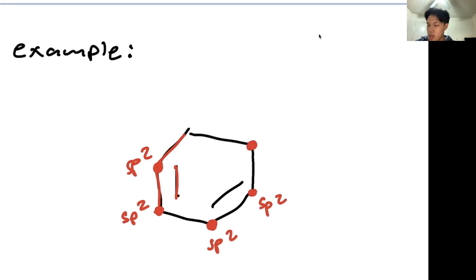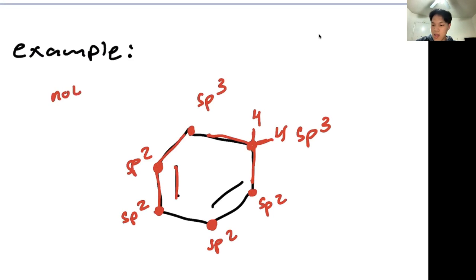But what about this one? This one has 2 hydrogens here, right? It has 1, 2, 3, 4. It has 4 elements, so it's sp3. Because of that, it's not in the same plane. Therefore, it is not aromatic, right? Not aromatic. And it also breaks a couple of rules as well, where if you remember Huckel's rule, where it